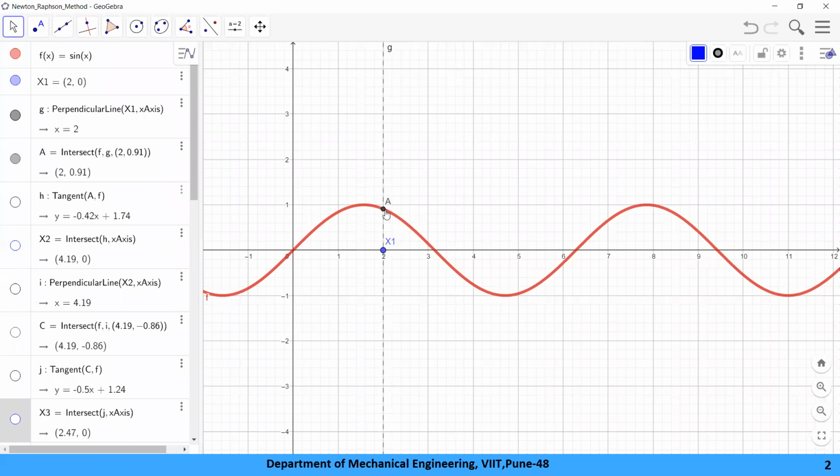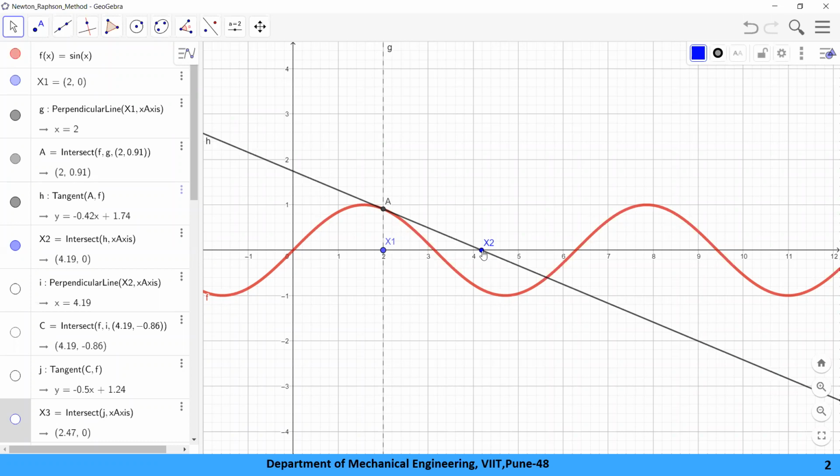I think you are understanding this method. Based on x1, I have calculated point A. Now, the Newton-Raphson method is a method of tangent. So what we need to do is draw a tangent to this function f of x from this point A. We will draw it. Okay, drawn. So this is iteration number 1. At the end of this iteration, you will get an intersection point of the tangent and the x-axis. So you got the x2 point. Probably this will be your root.